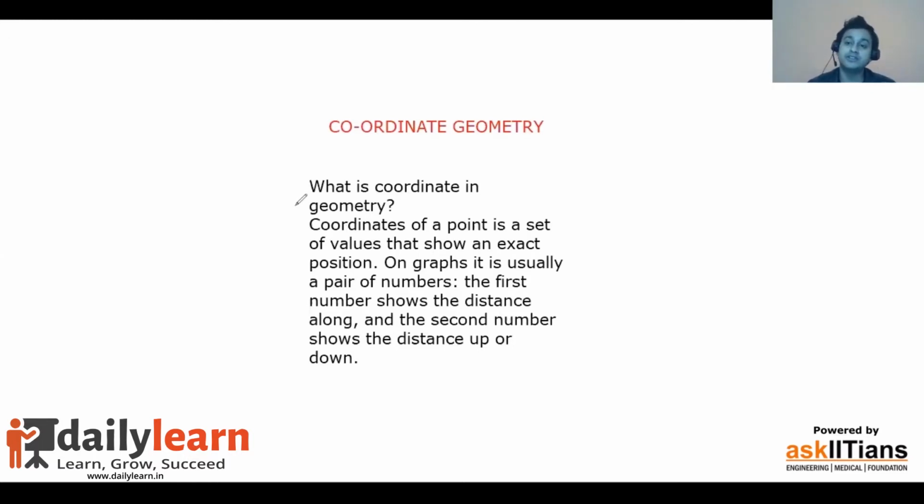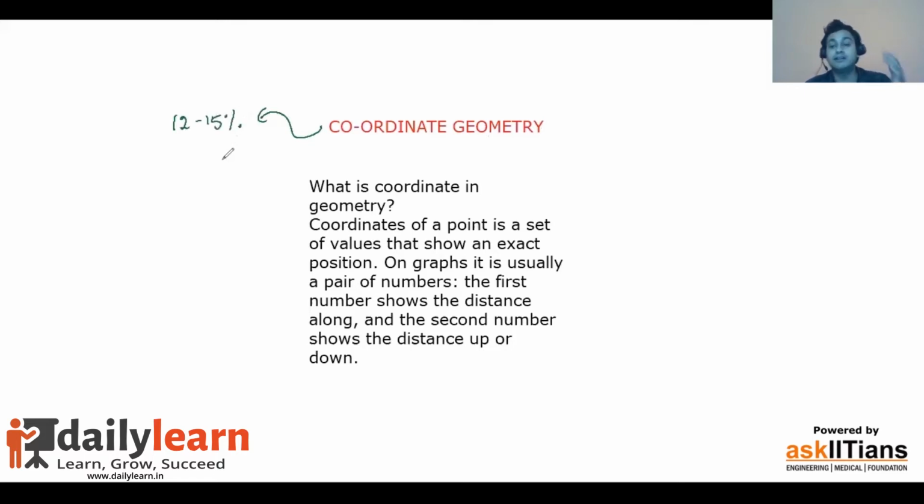Most of the questions that we get in straight lines are nothing but a part of coordinate geometry. So these two chapters combined can give you around 12 to 15% of weightage in your